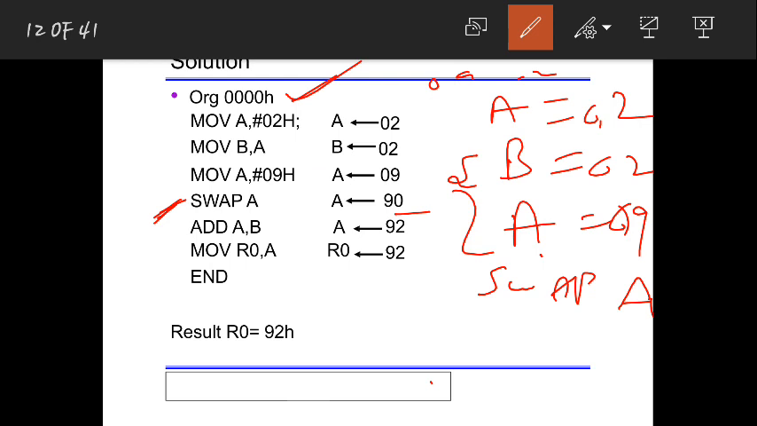See, 9 2 means I'll write 0 2. I'm adding a and b. What is the value of a? Here I have a is equal to 9 0. So 9 0 means, let me write here